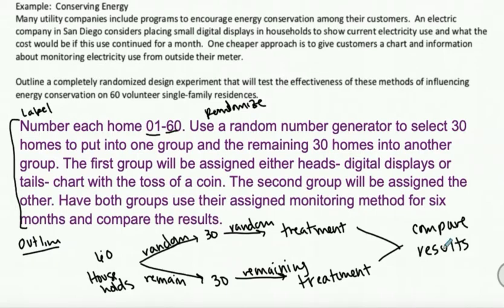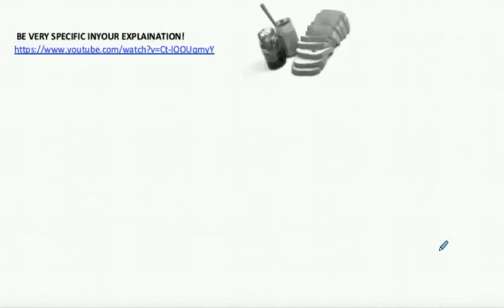And so in our case, the results are going to be, have we actually influenced that energy conservation? So how did the 2 groups do? Should we actually invest in getting small digital displays in every household? Or was it just as effective to give them a chart and information about monitoring their own use from their outside meter? All right, so I want us to next watch this video